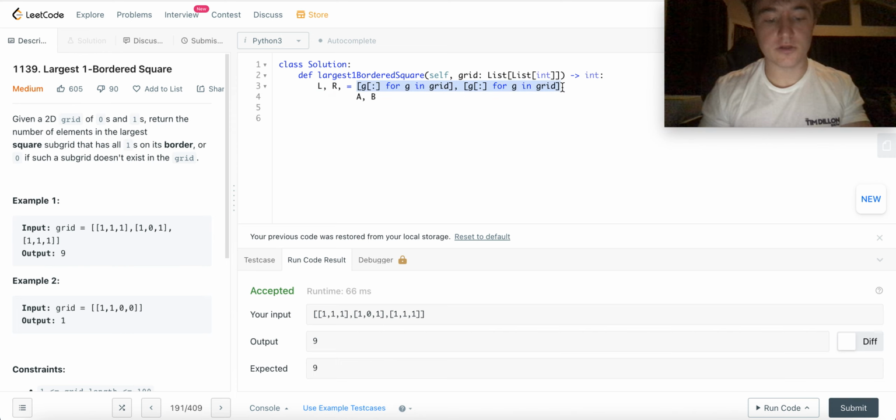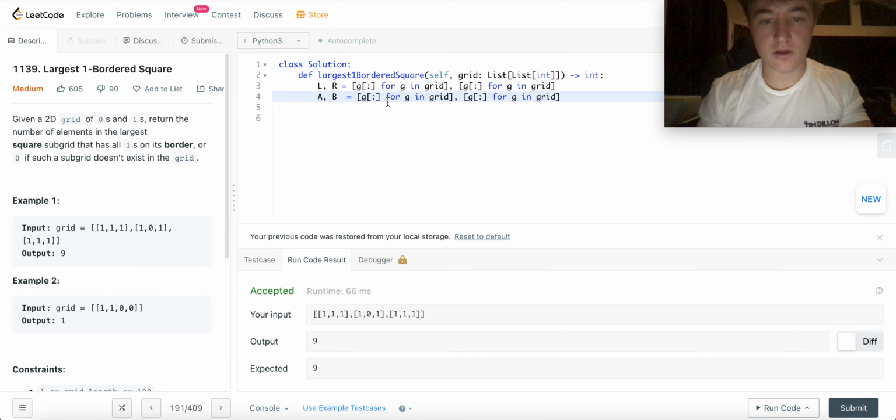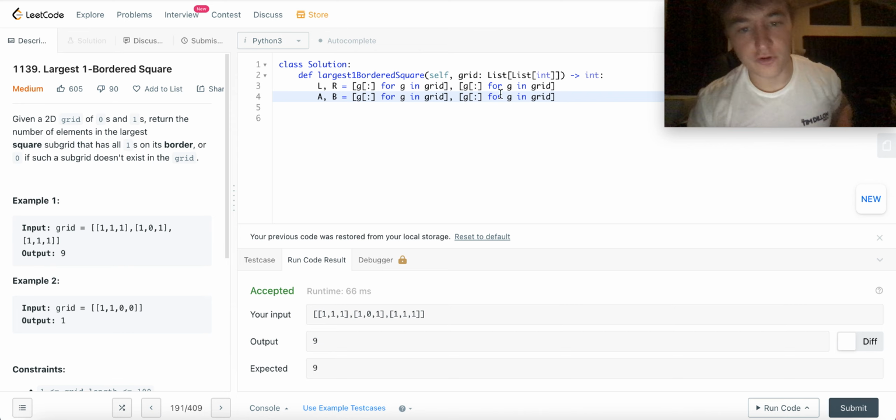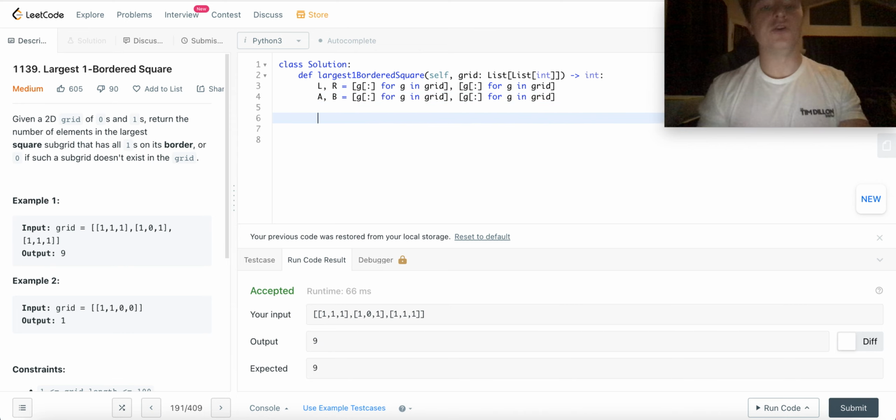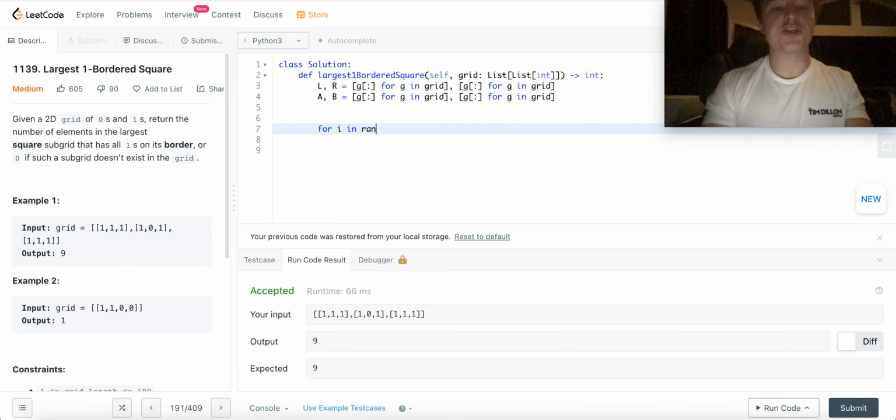Put this on 2 lines so people don't go crazy on me. Okay. G for grid, G for grid. Okay, and then what we'll do is we'll look at each row,